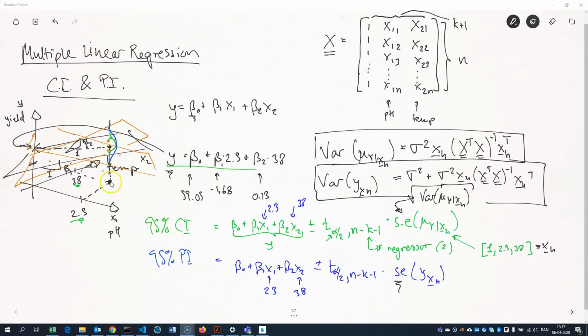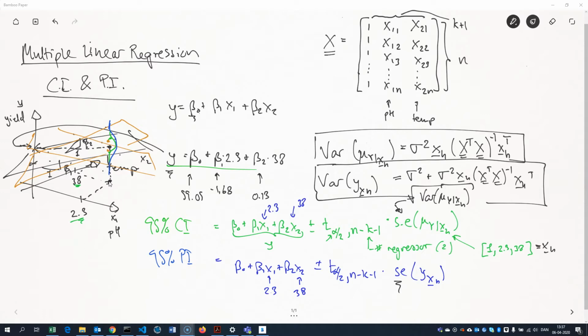So where would our y value, our response value, actually be according to this plane? Well, that depends on where the plane is, and we have a certain uncertainty related to the position of the plane. And I should say that the point that we're interested in is the pH value 2.3 and the temperature 38. So we'd like to know what is the expected response if we have those two regressor